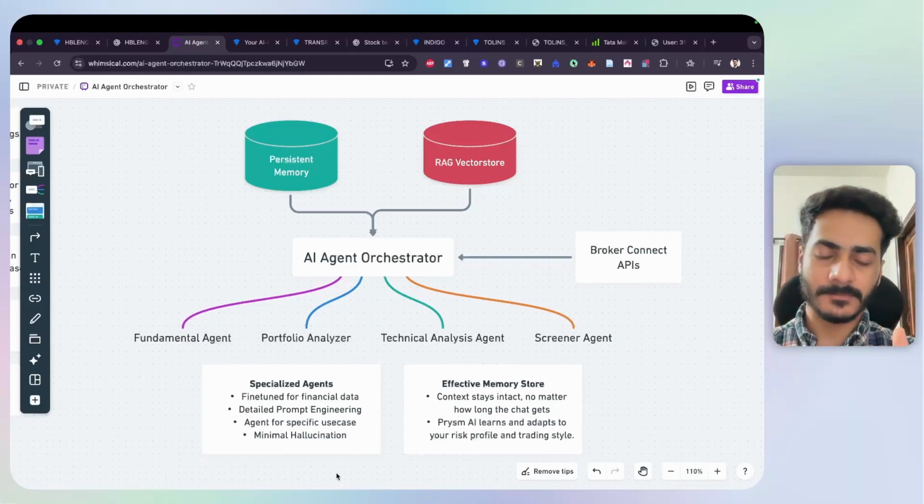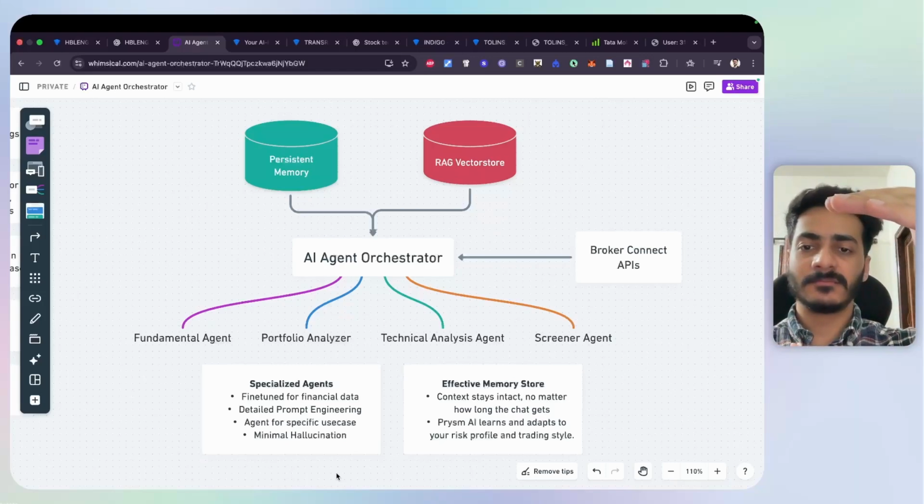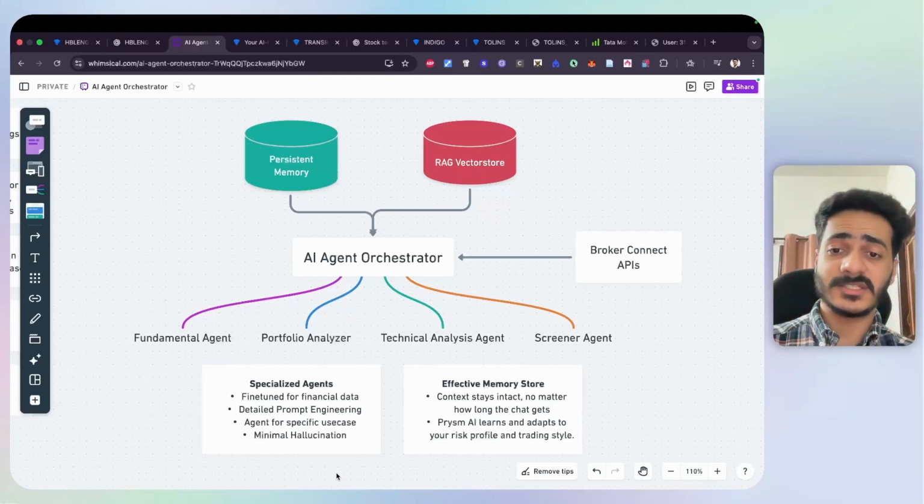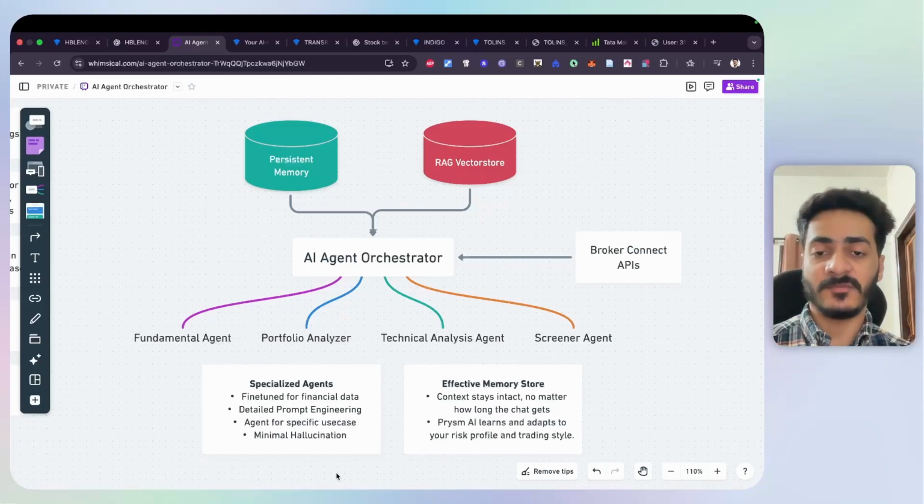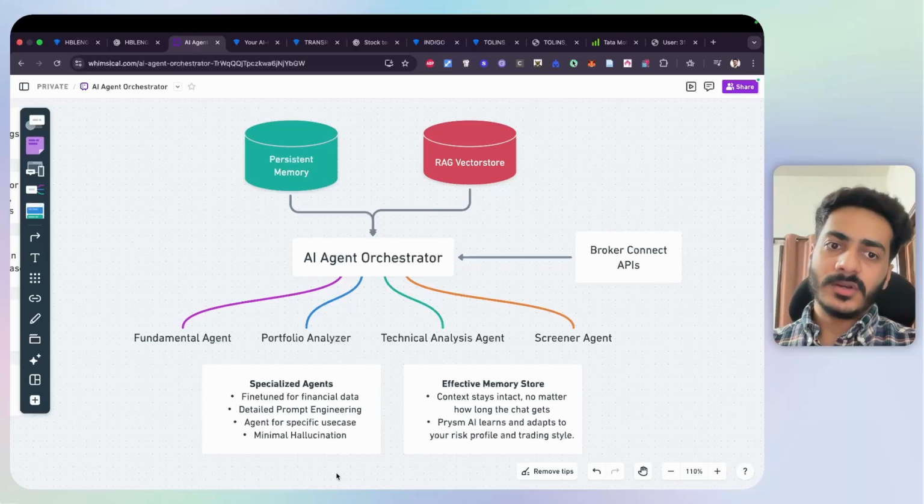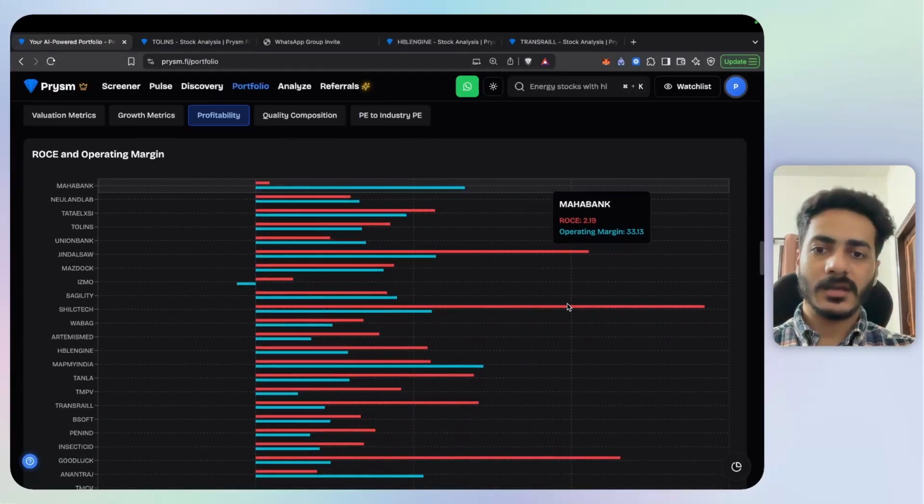If you keep on talking to them and your chat history grows, after a certain point you will experience that the responses are not very good. The AI agent will start making a lot of mistakes with the data, specifically if it involves so much quantitative data as well. So that's what Prysm solves. Now coming back here,